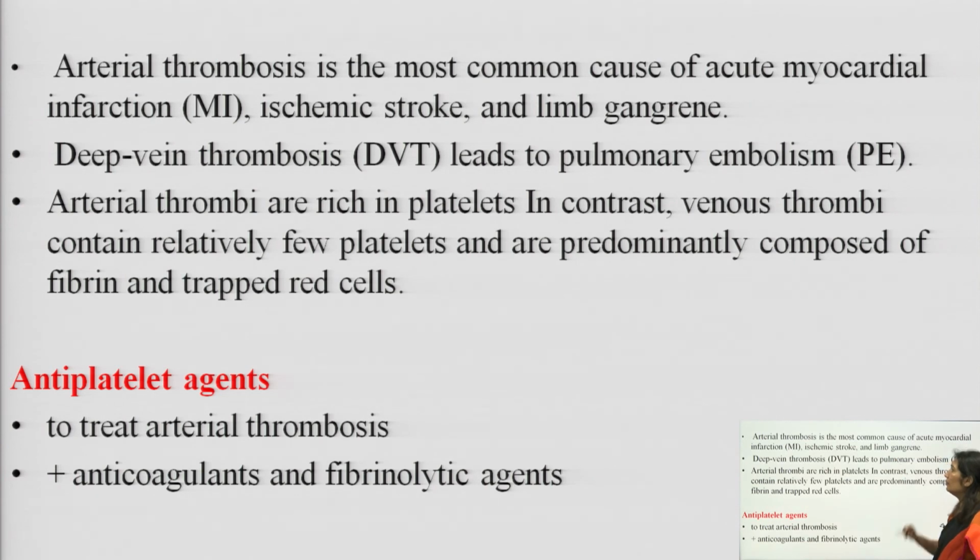Arterial thrombosis is the most common cause of acute myocardial infarction, ischemic stroke and limb gangrene. Deep vein thrombosis leads to pulmonary embolism. Here I will tell you what a thrombus is. Thrombus is the formation of an unwanted clot, and when this unwanted clot blocks the arteries, it is known as thrombosis,